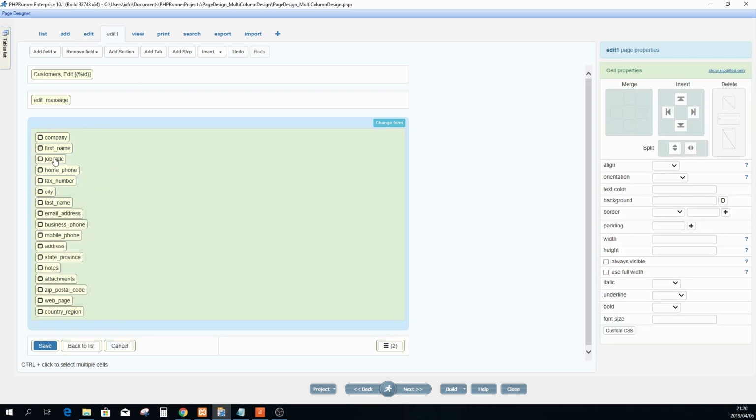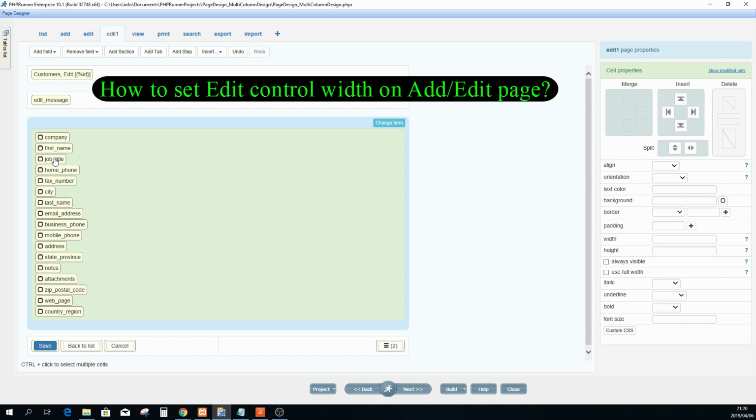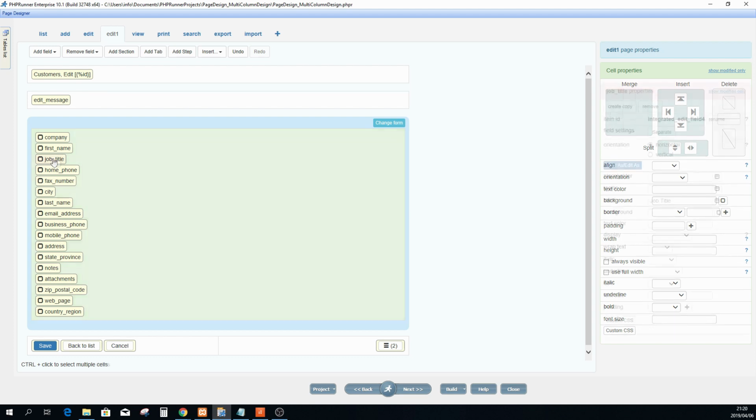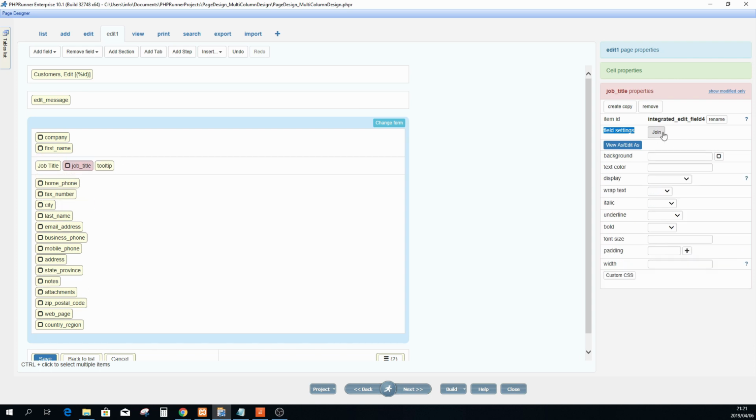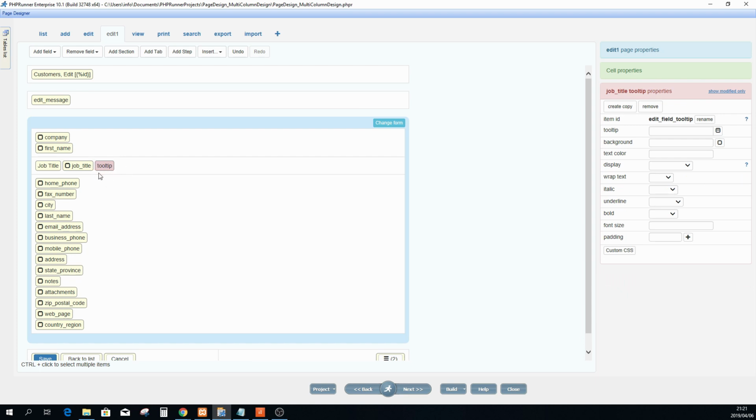Now I want to answer one of the questions, which is how to set the edit control width. I'm going to do it on job title. So I simply click on it. Now on the right hand side of the screen there's a field settings button over here. It says separate. This is going to separate the labels and the controls. Take note what's happening here. If I click this, you will now see that we have job title and then a tooltip. I also received questions about the tooltip. This is where you will set this. So on job title,